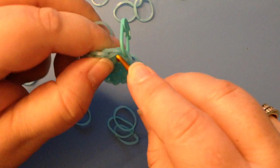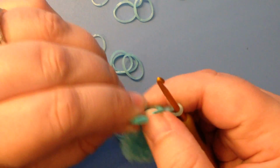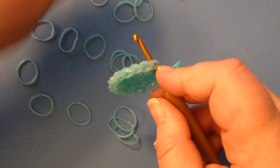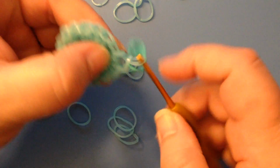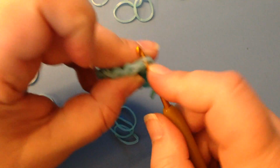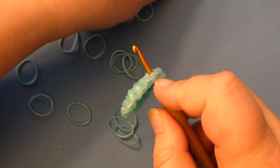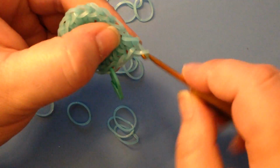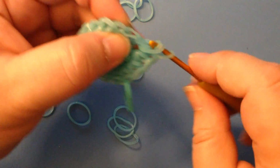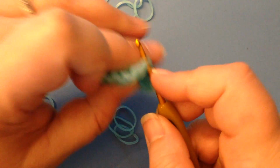So our first single crochet, go through your first stitch, move your stitch marker to it, and then you're going into the next stitch. Single crochet, single crochet, and then in the 4th stitch you do 3 single crochets. So 1, back in through the same stitch, 2, back into the same stitch, 3, and then do that again. 1, the next one,